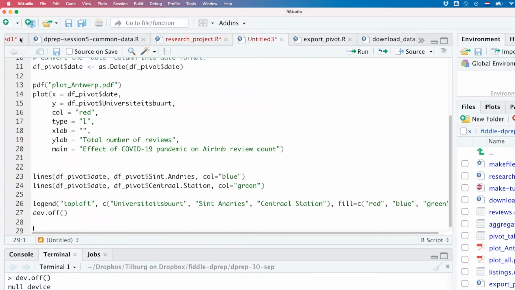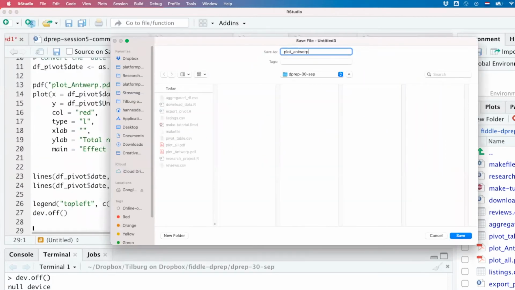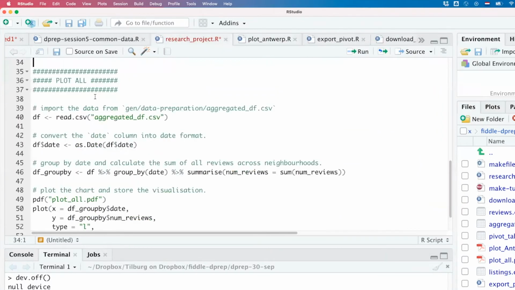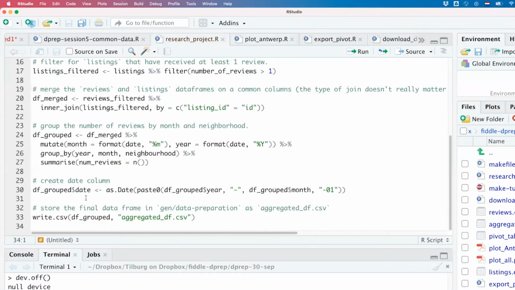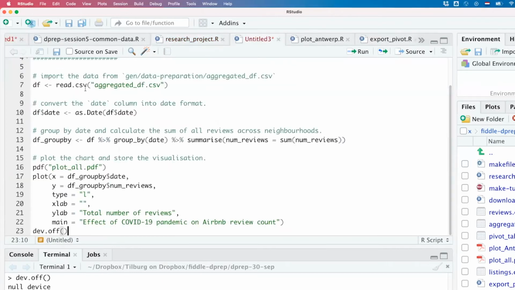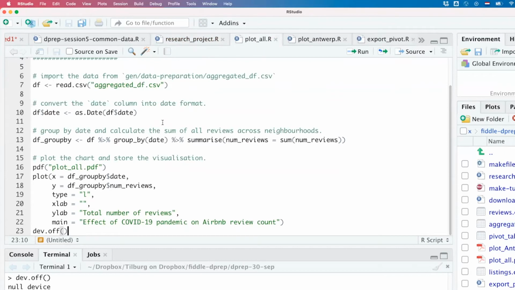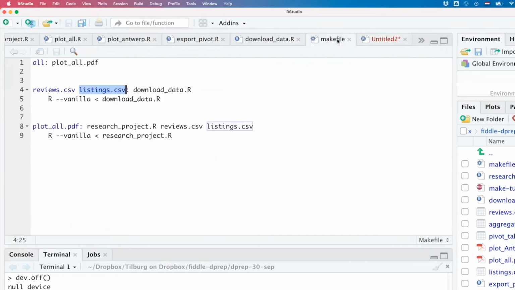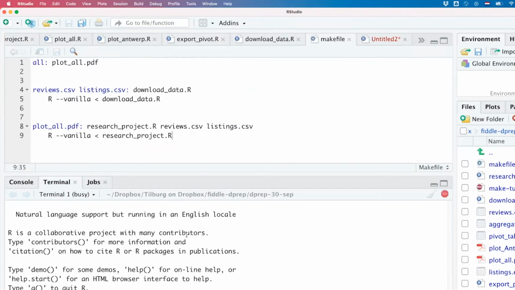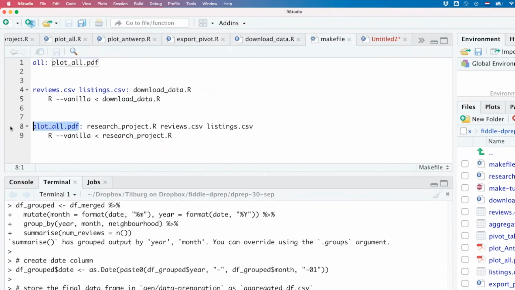New R script. I call this plot unverb. And then what else we got? We got plot all. New script. This is plot all.r. So now everything really is split, and we can continue with specifying our makefile, because right now actually nothing is being built because the research project